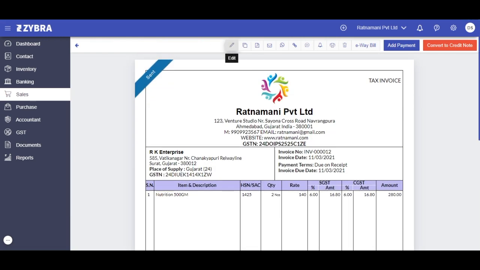If you want to add any invoice, you can add it from here. Also you can PDF it, mail it. If you want to share it on WhatsApp, you can do it from here. If you want to send as a SMS, you can send it through here, and it's a send payment reminder. If you want to send that party invoice reminder, you can share it from here. Also you can print it, and if you want to delete it, you can delete it through here.